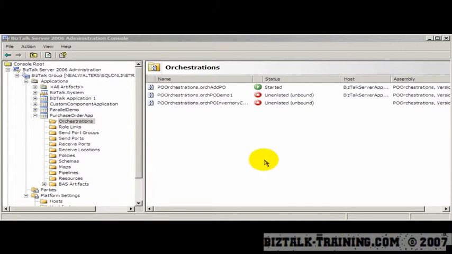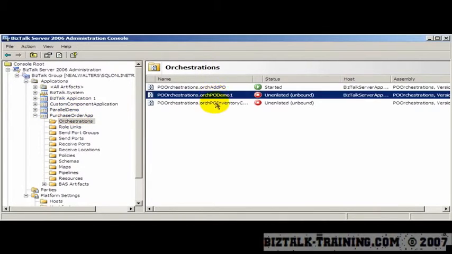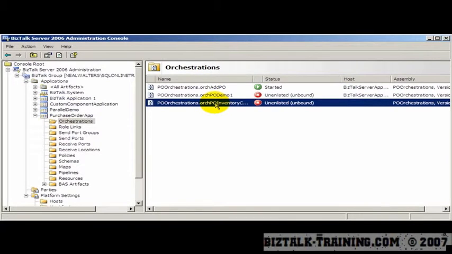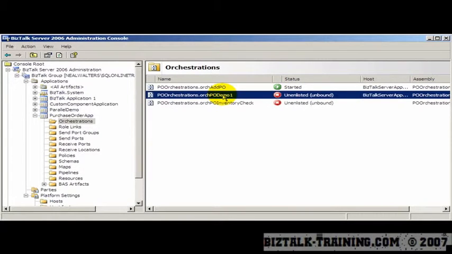I just completed my deploy. It was successful, and I've now refreshed my purchase order application in BizTalk Admin Console. You can see I have two orchestrations that are not enlisted or not started, because why? One of them is a new orchestration, and the other one I've added a port to. So if we check here,